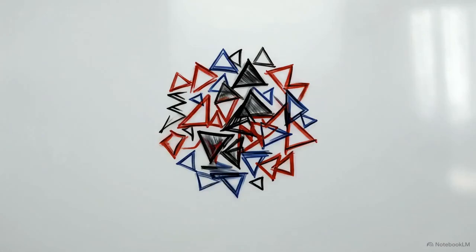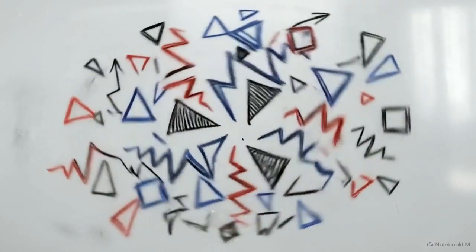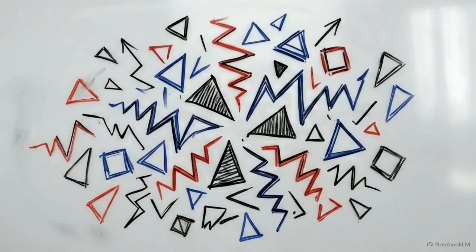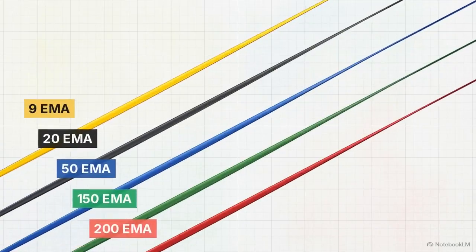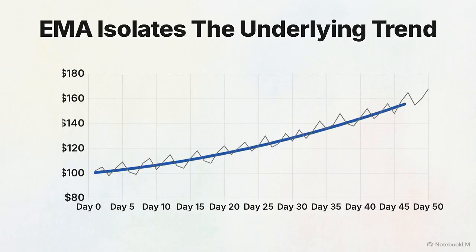Staring at a standard stock chart feels like navigating a chaotic storm, but apply specific mathematical filters, and that noise resolves into parallel, readable streams. In this lesson, we are building a custom 5-moving average chart. You can think of this as a diagnostic tool that strips away the daily fluctuations to reveal the underlying trend